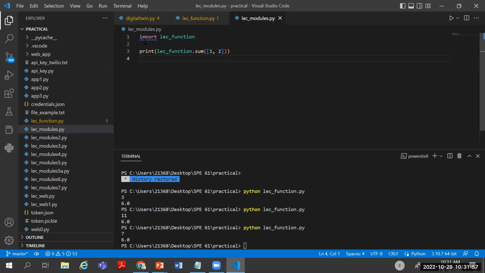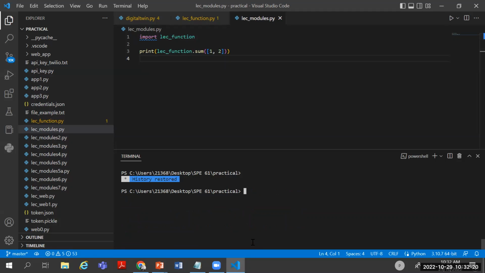I can simply import the name of that file and then call the function I'm looking for. This is called a module. So a module is basically a Python file that has functions, classes that can be called upon by another Python file. So if I am to run this code,